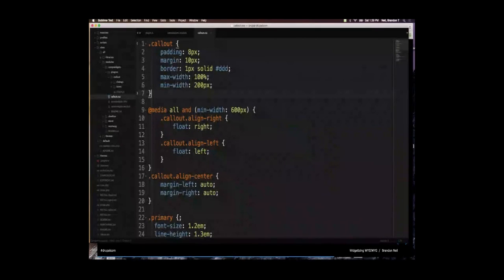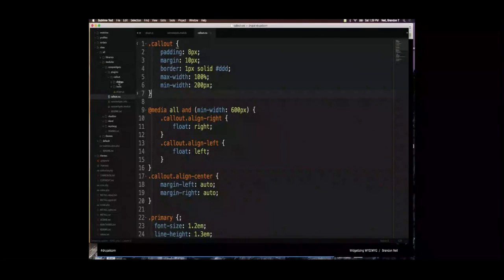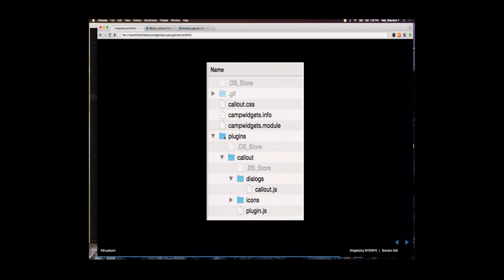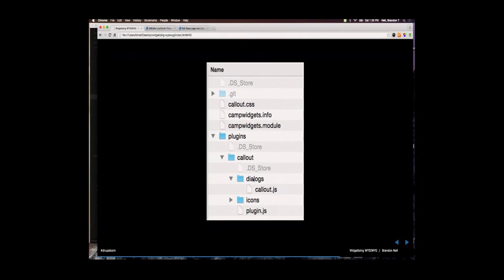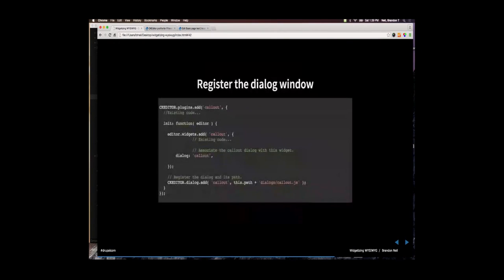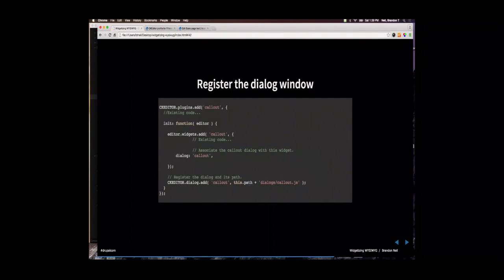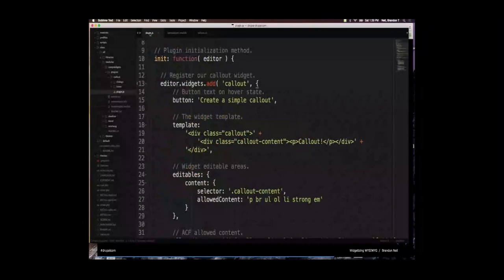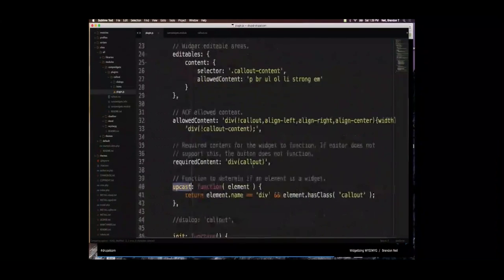I am not going to spend a lot of time in here, but essentially what you need to do is create, inside of your plugins folder, your plugin directory, a dialogs folder, and inside that dialog, I'm creating a callout.js file. And inside of my plugin.js file, which is where a plugin starts, we have, down a little bit farther,